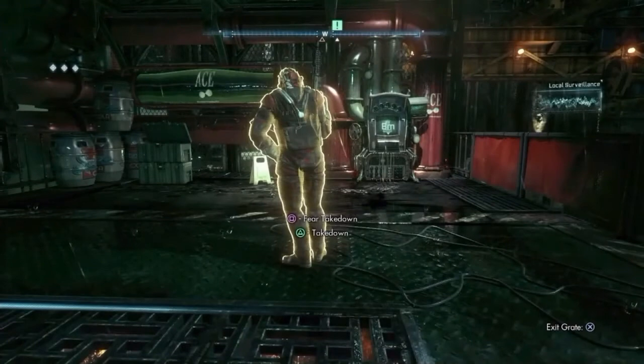It's an Arkham Knight militia, and it says fear takedown for square and triangle for its regular takedown. Also, it says X exit crate. But if you see in the left corner at the top, you can see the 3 diamonds, which is how many times you can do a fear takedown. In the next slide, you will see the